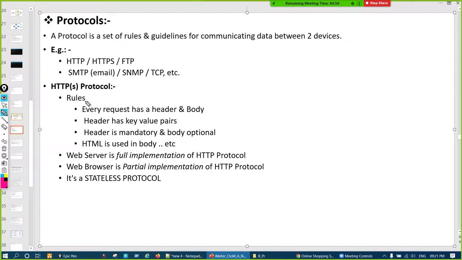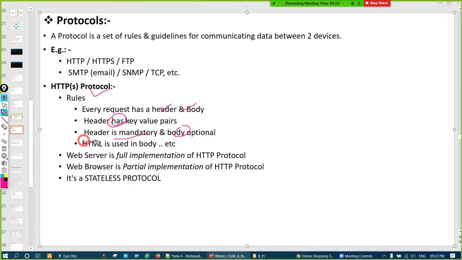Some points related to the HTTP protocol: every request in this HTTP protocol has a header and a body. The header acts as a key-value pair. I'll come to that, we'll see this practically. Headers are a mandatory thing; the body can be optional.